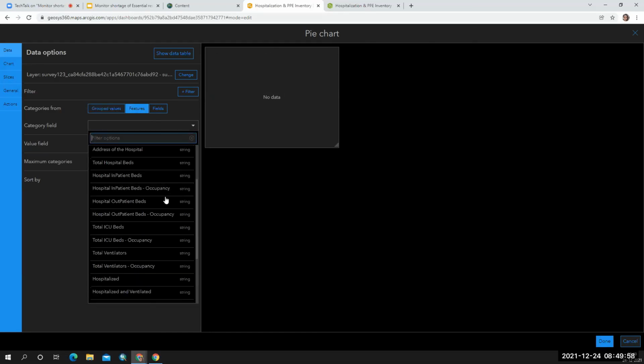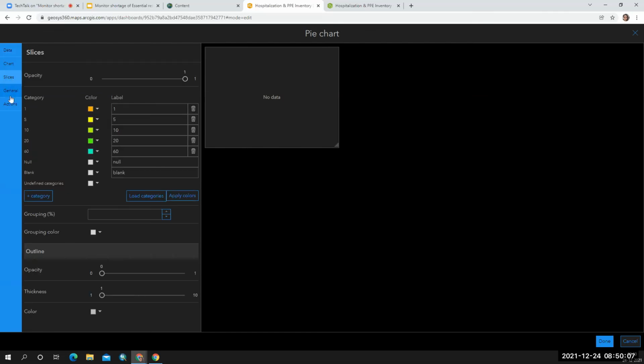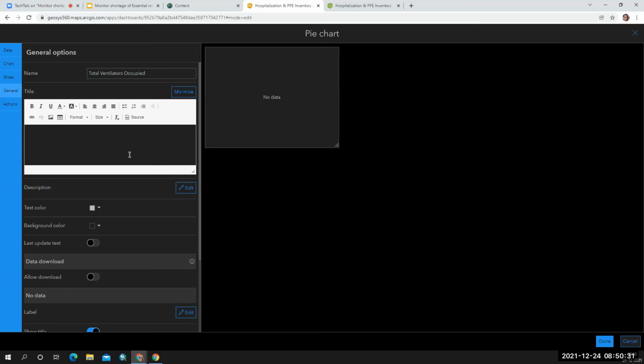so I'm going by the field, and now I'm going to have the total ventilators occupancy. Total ventilators availability, basically. Occupied. And I'm going to give that here.